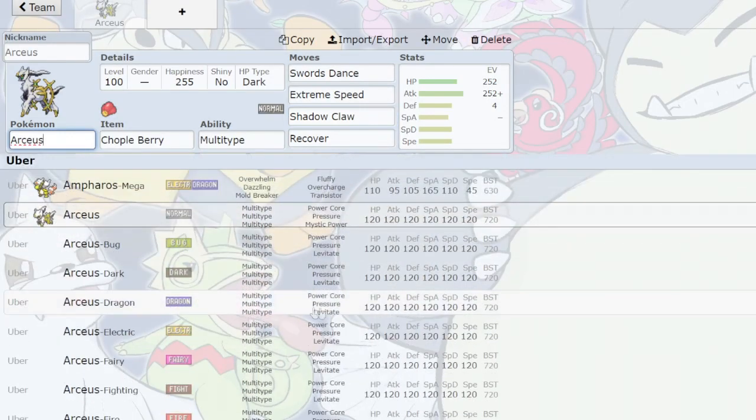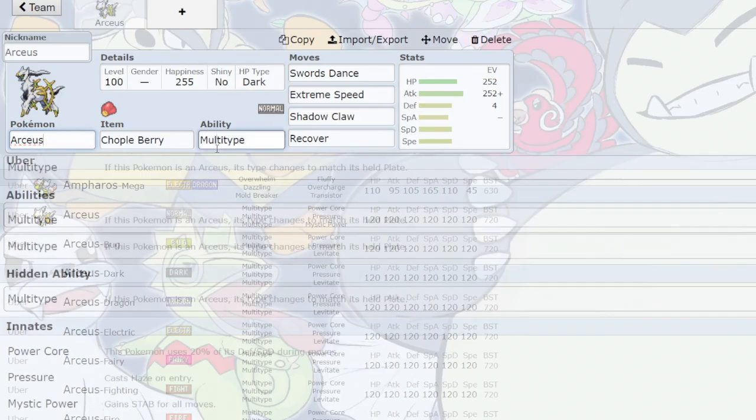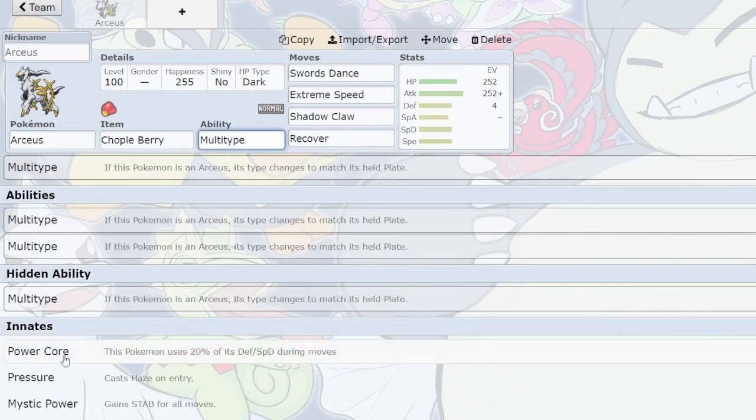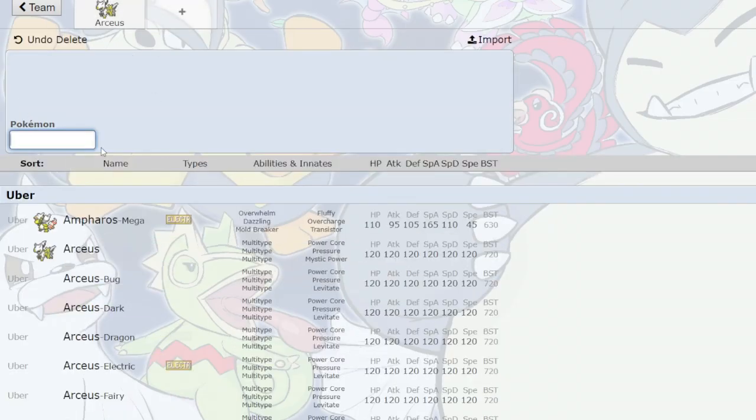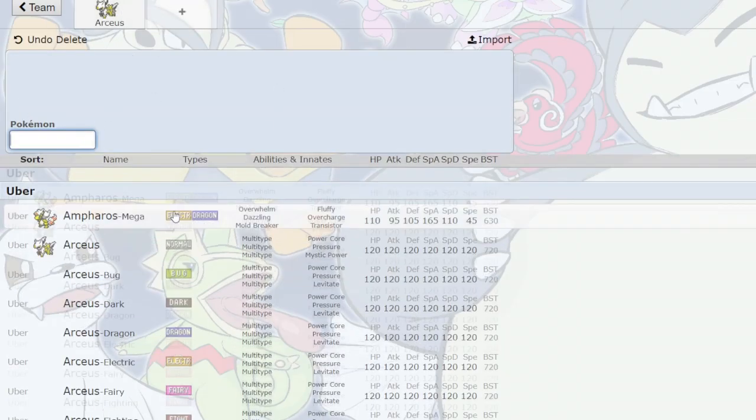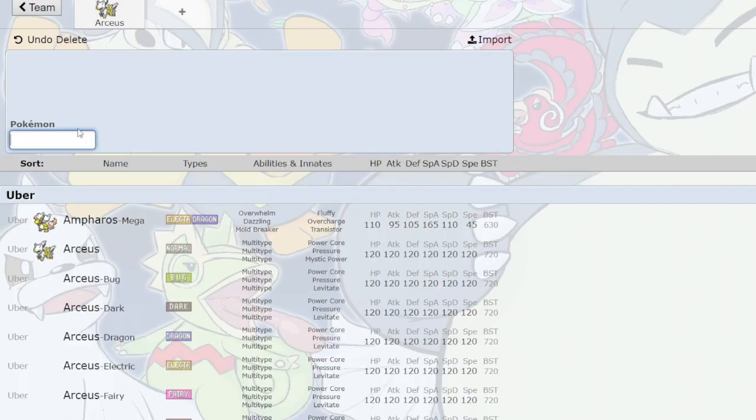The rest all just get Levitate and Pressure as innate abilities, and they all have Power Core as well, which adds 20% of your defense stat into your attacking stat when you're using moves. And Arceus doesn't really have a lower defense stat by any means. So yeah, this is a really strong Pokemon. In terms of non-legendary Pokemon that have been buffed and are actually too strong for the Elite Redux standard play,